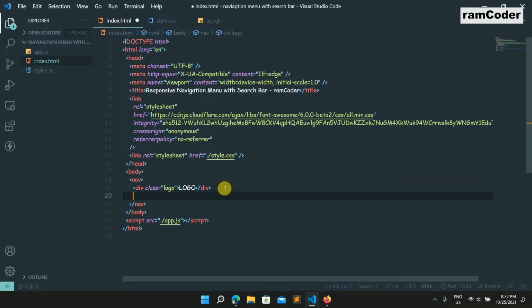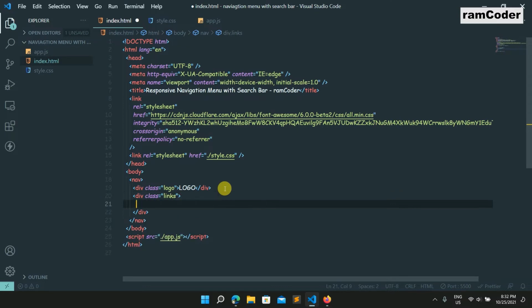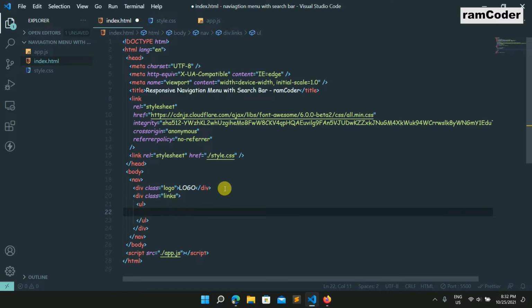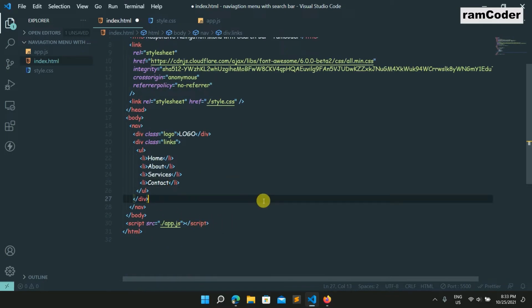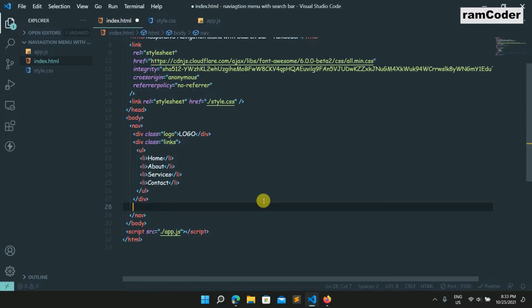After that I will create a div with class links, and inside that I will create a ul, and inside that 4 lis, and give them some text: home, about, services, contact. After that I will create a div for search,